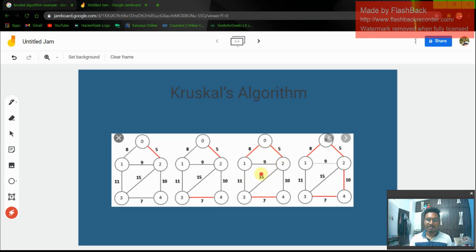So the next smallest number after this is 10. So we'll consider 10 and join it, because if we connect this nothing is going to be closed and it cannot become a tree. So this is connected here. And next is 11. When I add 11 here, this will be a tree. So that's why 11 should not be joined, and even 15 should not be joined, because this will become a tree. So this is the summary about Kruskal's algorithm.